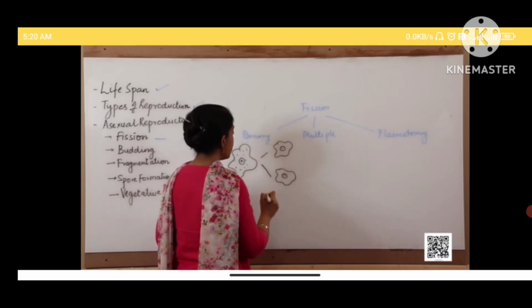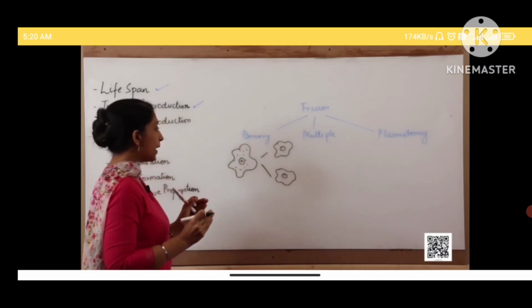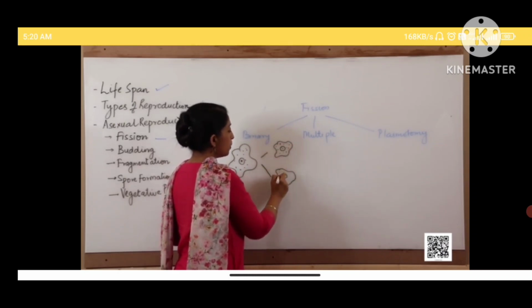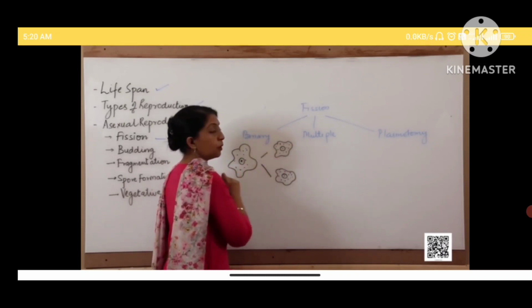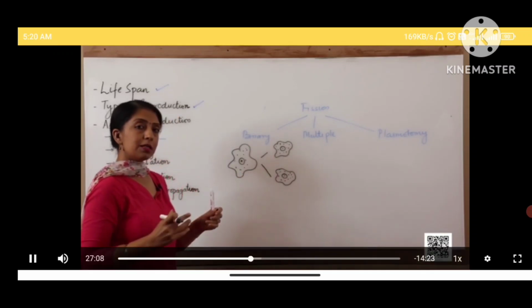First the nucleus divides into two, followed by the division of cytoplasm into two daughter cells. These daughter cells, when they increase in size, further divide to